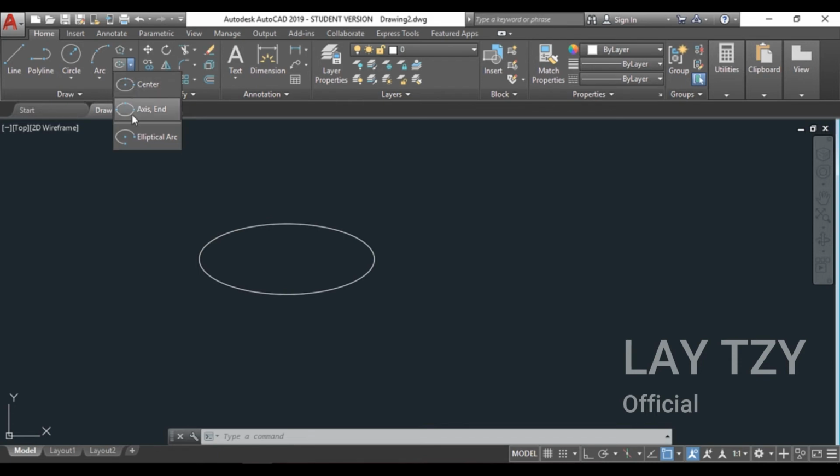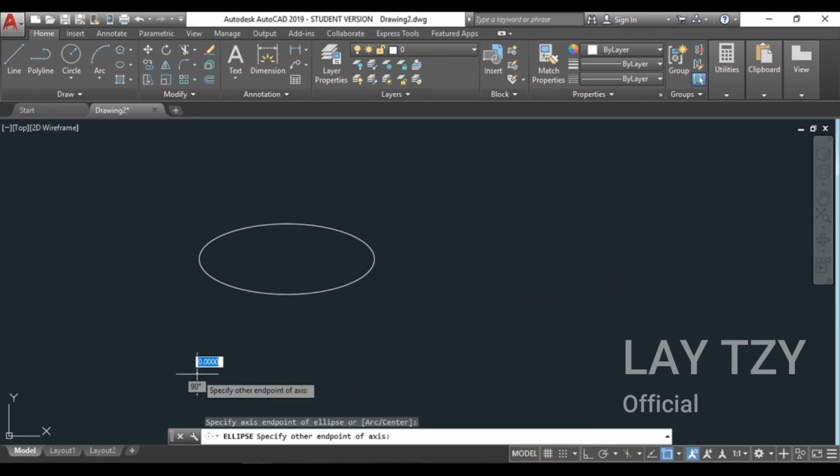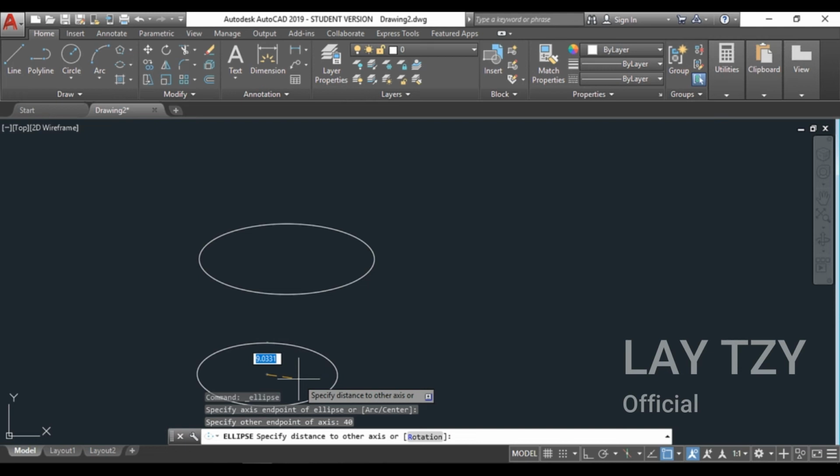Let's go to the other one, the axis end. When you choose this command, it tells you to specify the axis endpoint of the ellipse. So you go to the endpoint, then it tells you to specify the other endpoint of axis. So let's set it to 40, enter, and now let's set the other distance to 8,